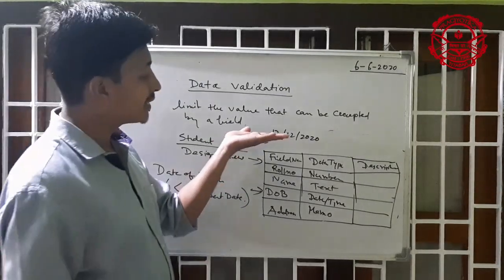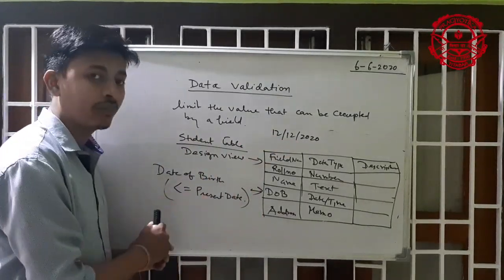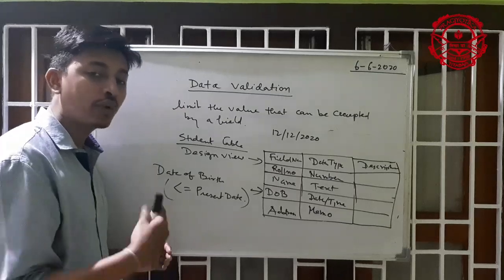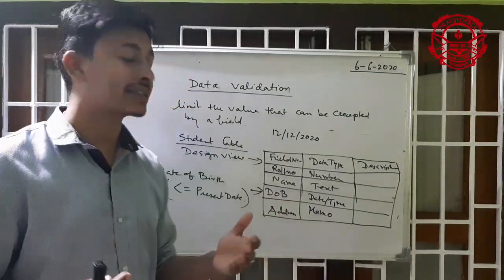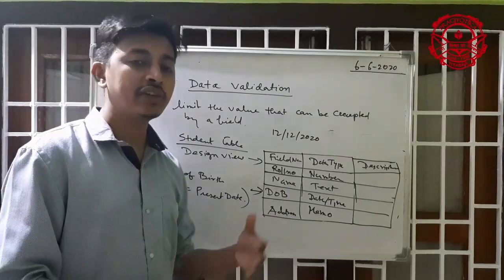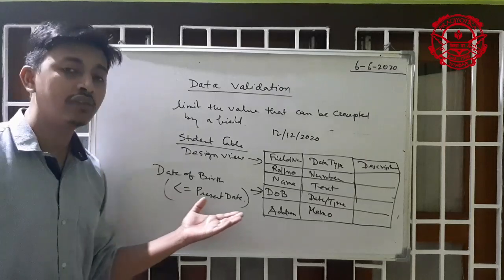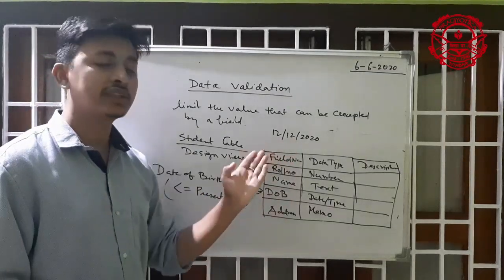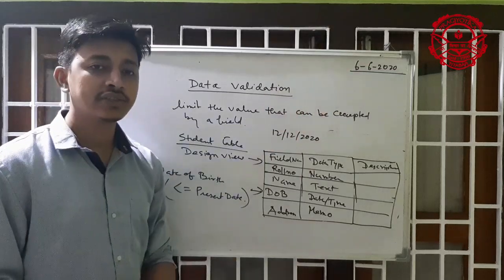If the incoming data does not meet the requirements you want to display, then what happens? It will give an error message. It will not be accepted by the system. It will reject it because I want the date to be less than or equal to the present date, but this is not the present date. The date is 6 June